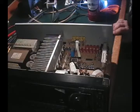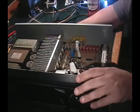I'm not sure when this was made. I'm going to have to look into that. But it is a Realistic STA-180. And I'm not sure the wattage. I've got to find that out too. But I had this hooked up in the basement. It actually doesn't sound too bad. Alright, so we were plugging this thing in to see